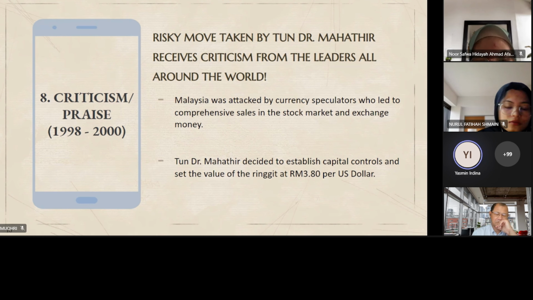But then, Dr. Mahathir decided to establish capital controls and set the value of the ringgit at 3 ringgit 80 sen per US dollar. However,